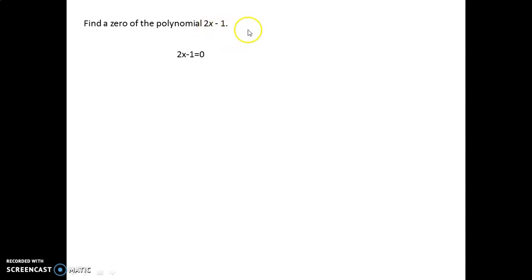So now I am considering this f of x value as 0 and I will find out the value of x. So here the f of x is 2x minus 1. I am taking it as 0 since this value will be 0 by substituting the 0 of the polynomial. Now I am performing some arithmetic operations by sending this minus 1 to the right hand side, so it will become 2x is equal to 1, and again I am sending this to this side, so x will be 1 by 2. So this x is equal to 1 by 2 is the 0 of this polynomial.